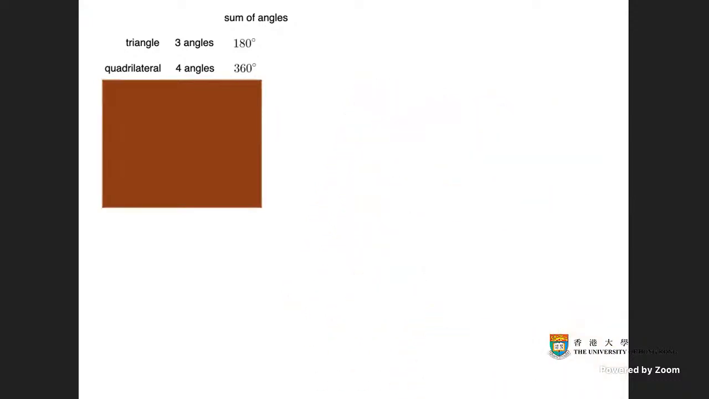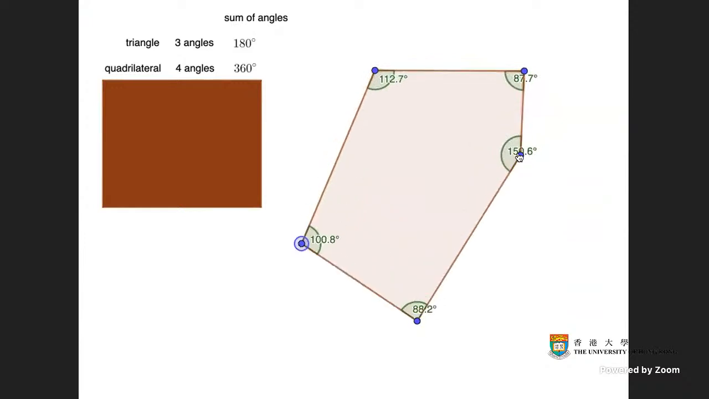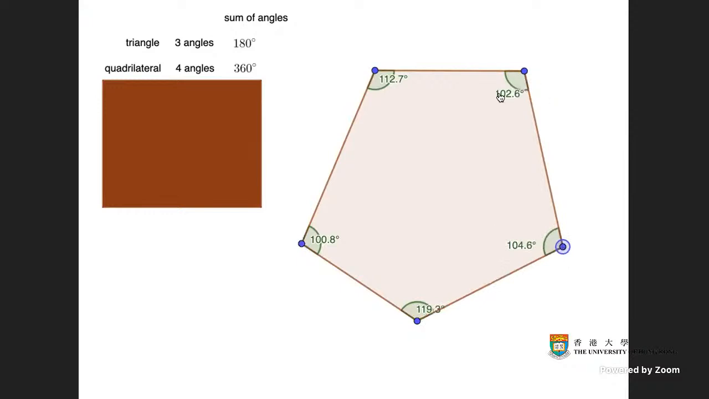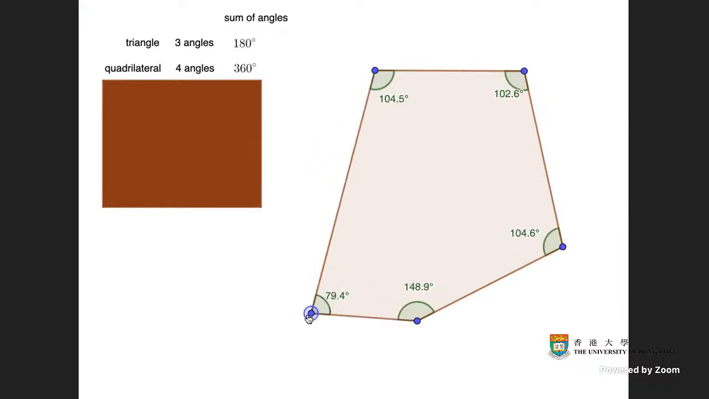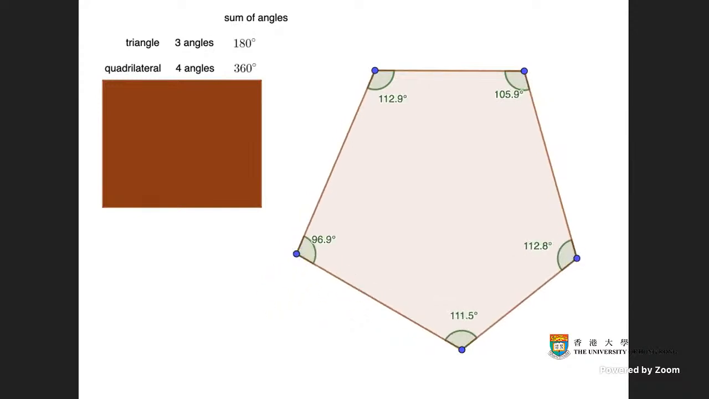Actually, we can also move on to think about what happens to a pentagon. A pentagon has 5 angles. If you add all the 5 angles together, would you expect a particular sum? Would the total be the same no matter how you vary the size of the pentagon? In order to answer this, again,